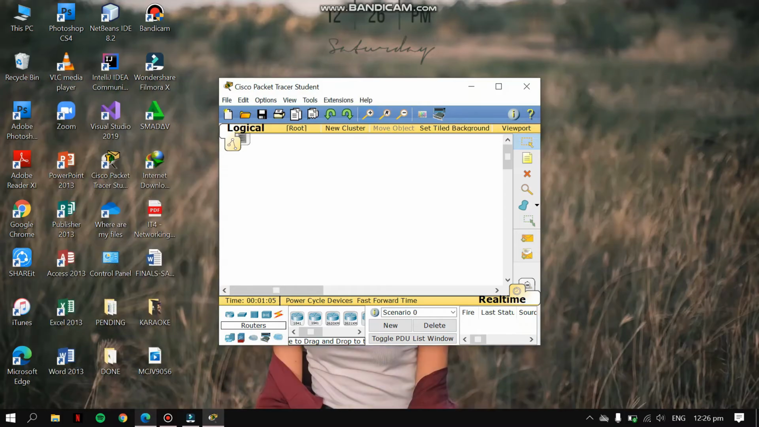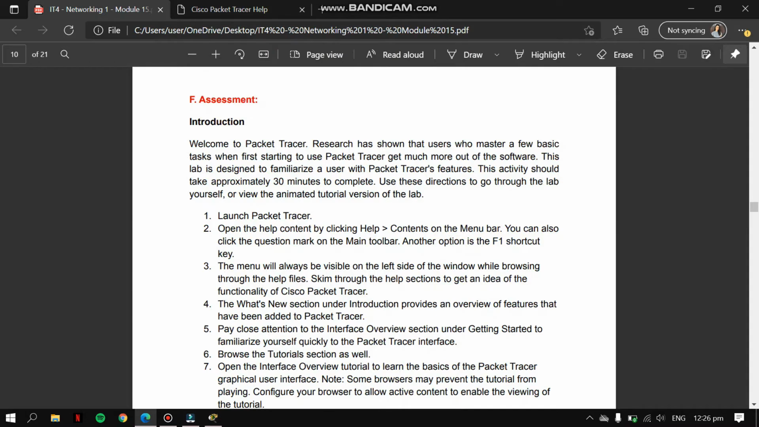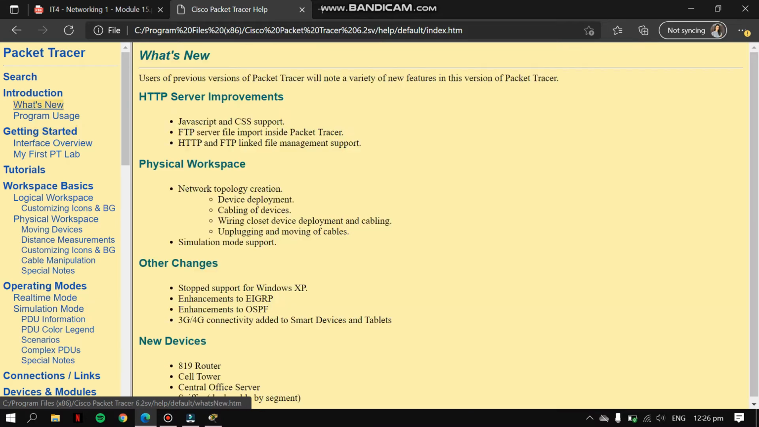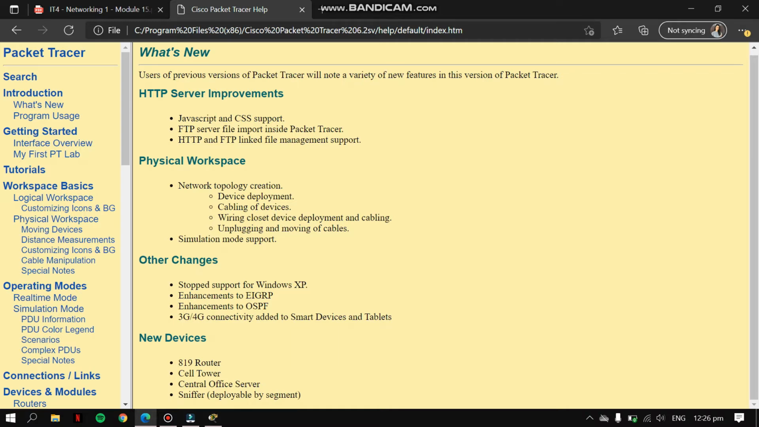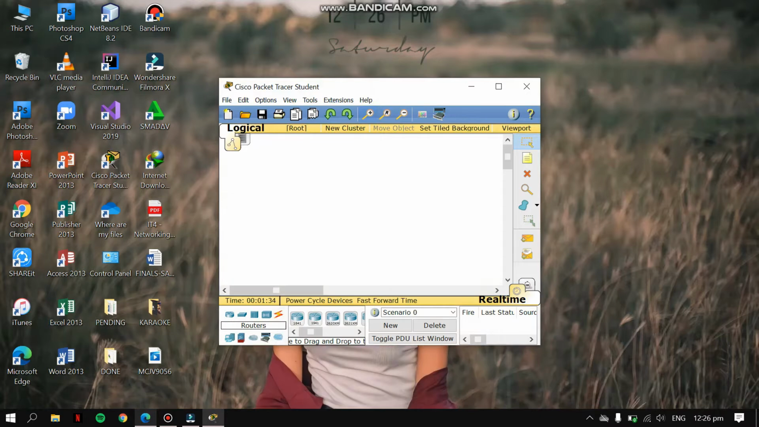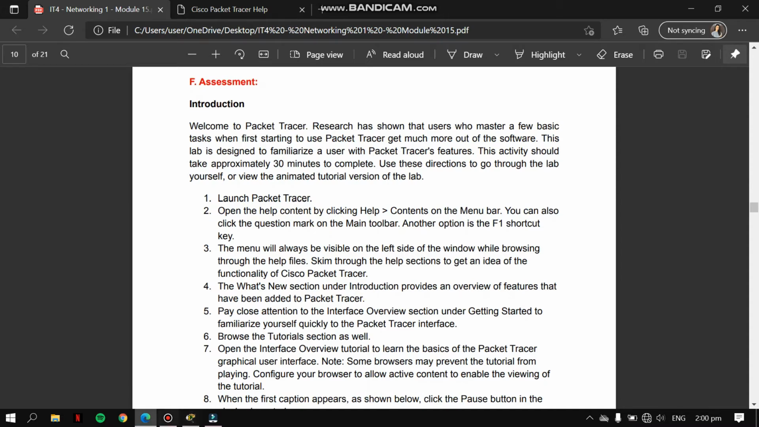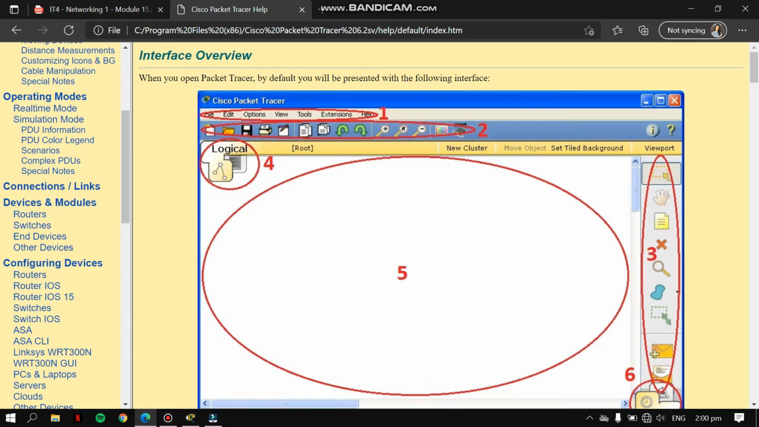Then, the fourth step, the What's New section under Introduction provides an overview of the features that have been added to Packet Tracer. So, here it is. In What's New, we can see the HTTP server improvements, physical workspace, other changes, and new devices. Then, fifth, pay close attention to the interface overview section under Getting Started to familiarize yourself quickly with Packet Tracer. So, we go there, then,